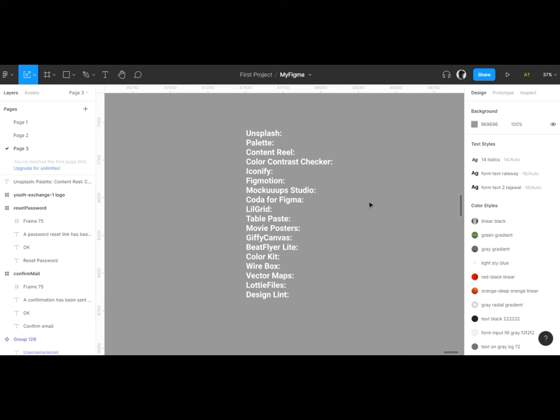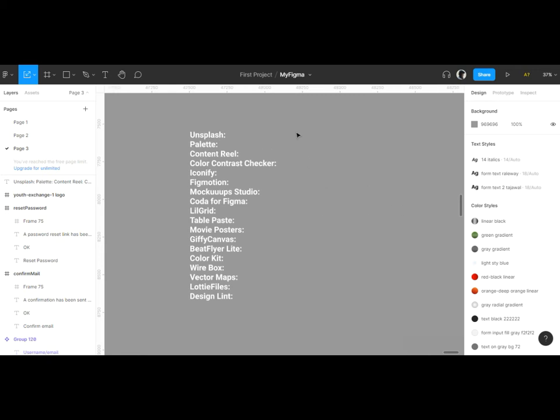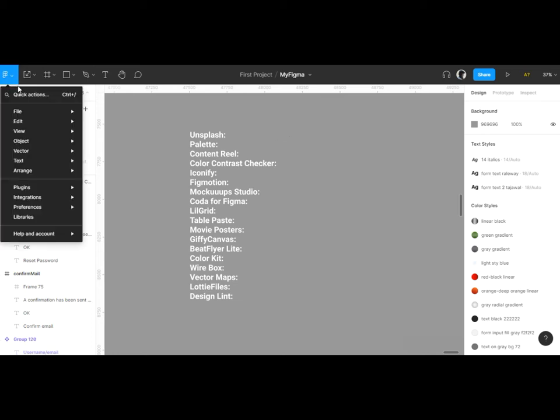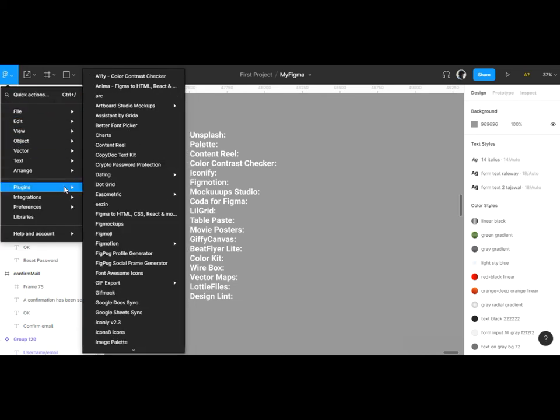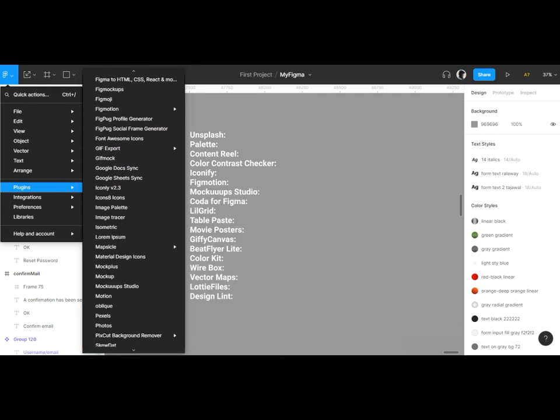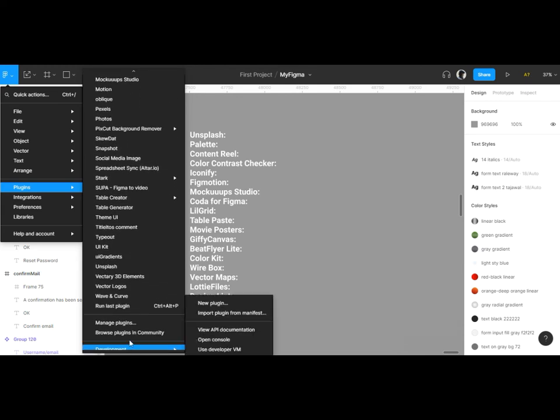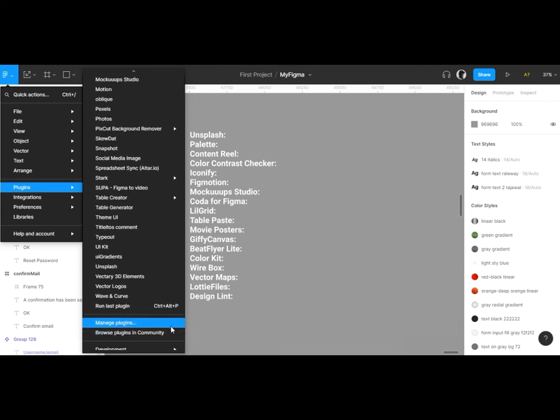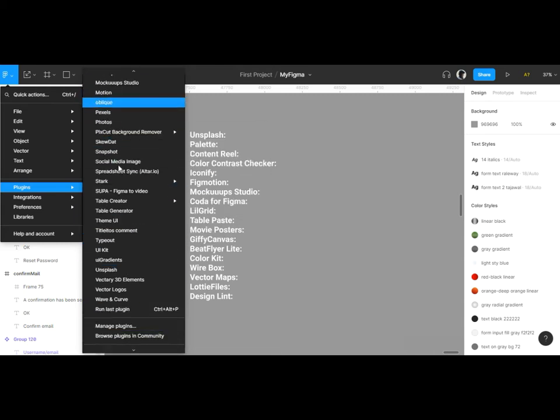So to install a plugin in Figma, what you need to do is right click. You can come to the menu here, and this is Plugins. Then you move down to where you see Manage plugins or Browse plugins in Community. The list of plugins you're seeing are the ones that I've already installed